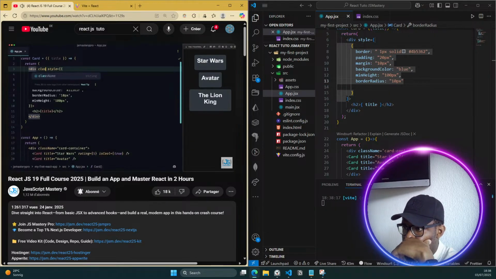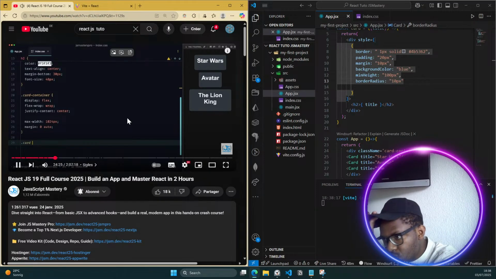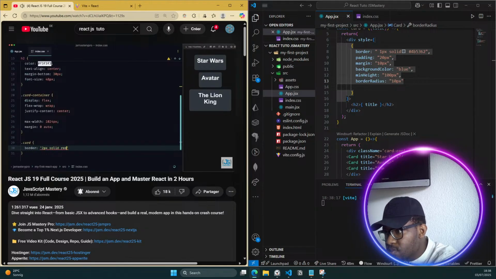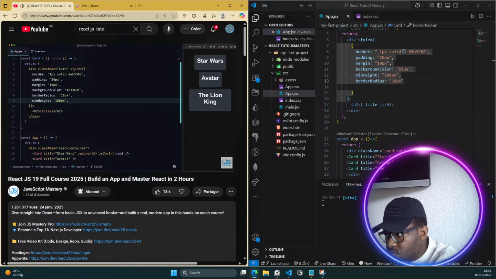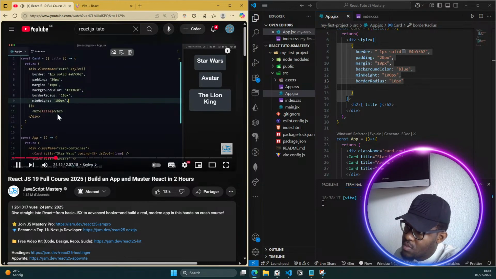Let's add a className right here, equal to something like card. If you now head back over to index.css and define the .card class name, and give it something like a border of 2 pixel solid red. Oh, again, I'm using string signs here where I don't need to. You can notice that the color didn't change. That means that inline styles have the preference over all the other CSS stylings. So do remember that. But it's always better to stick with one way of